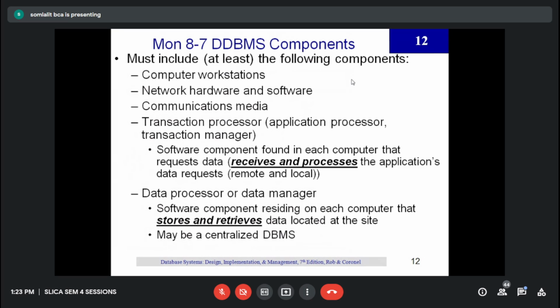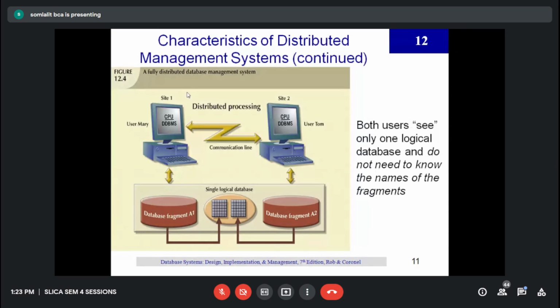Now, yesterday we were talking about the components of the DDBMS. Which were the components of the DDBMS? 5 component की बात की थी. कौन से 5 थे? Which were the 5 components of